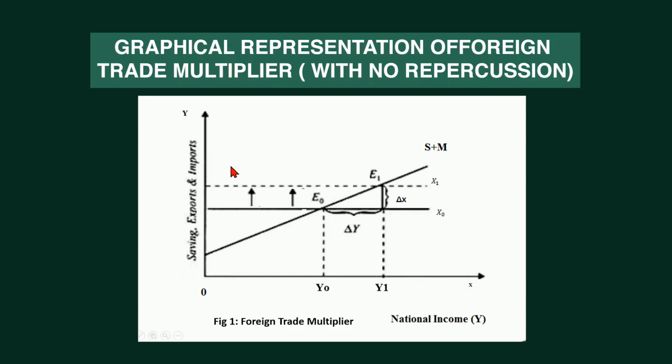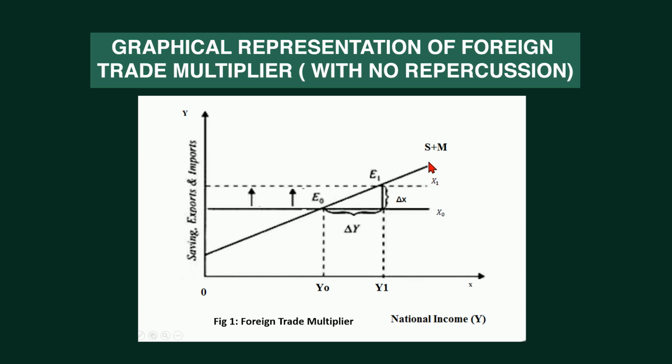We are going to understand the foreign trade multiplier in case of no repercussion graphically. We consider this particular figure. Savings and import are a function of income in a positive direction. So we have an upward sloping savings plus import line. Investment is considered to be autonomously given and so is export, which is given by this horizontal line. The economy is at equilibrium at point E0, where the export line meets the savings plus import line, and